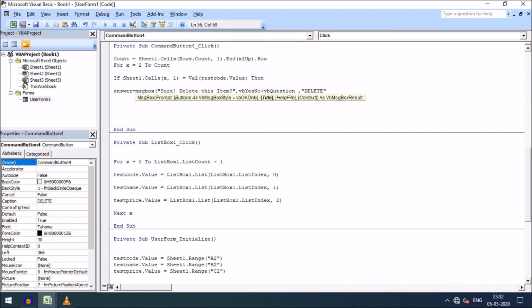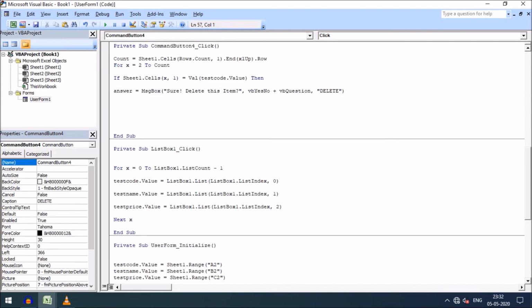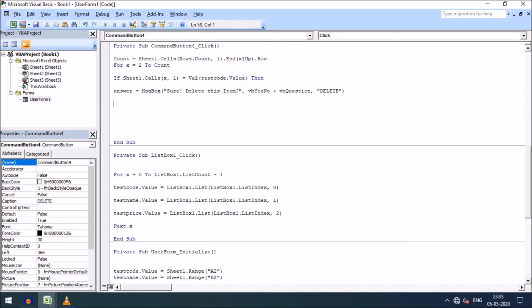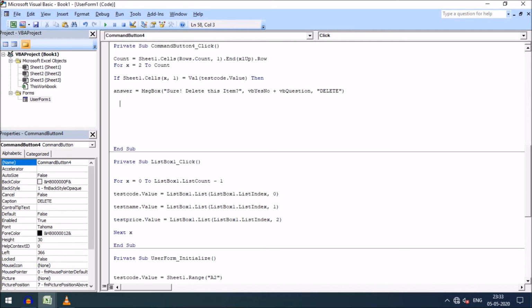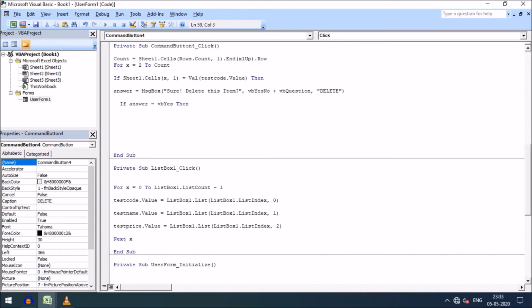Like this, friends, you can create another message box as you like. So I am trying to display this message. If the test code matches with the first column of Sheet1, then it will show a prompt message. And here, if answer is equal to vbYes, then